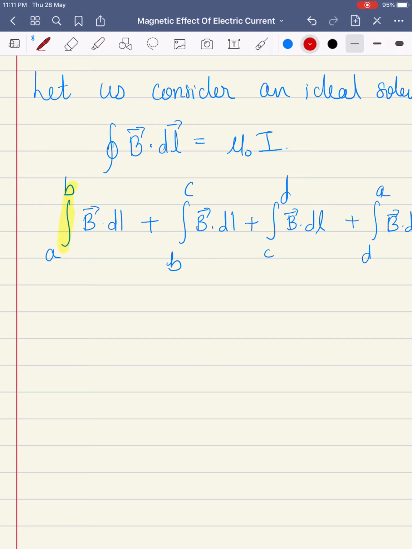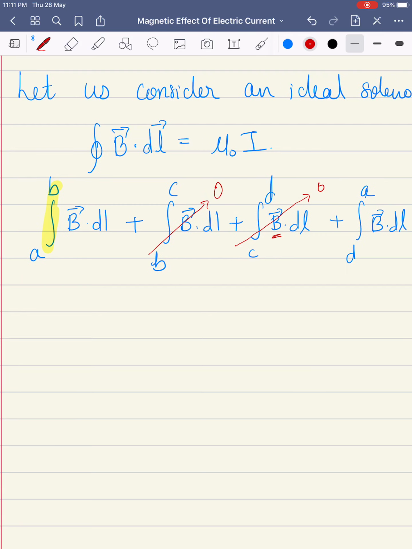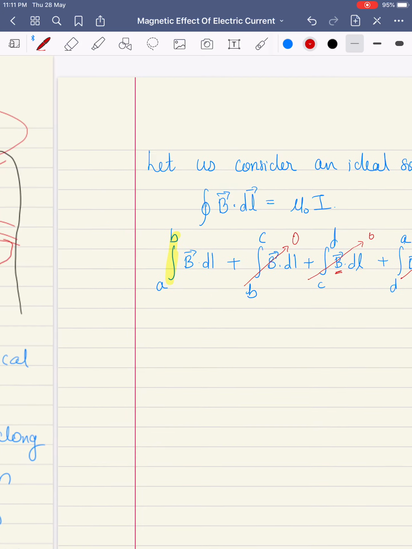Whereas if I say about the length B to C, ये 0 हो जाएगा. C to D भी 0 हो रहा है. C to D 0 क्यों हो रहा है? Because magnetic field 0 हो रहा है. And D to A 0 क्यों हो रहा है? D to A इसके लिए 0 हो रहा है बिकॉज मैग्नेटिक फील्ड एंड लेंथ वेक्टर आर मेकिंग एन एंगल ऑफ 90 डिग्री. गेटिंग इट क्लियरली? दैट मीन्स